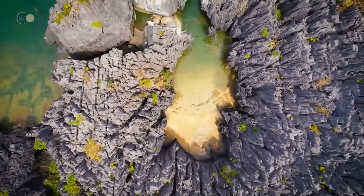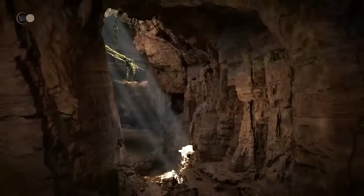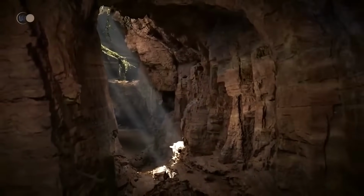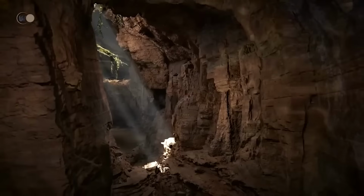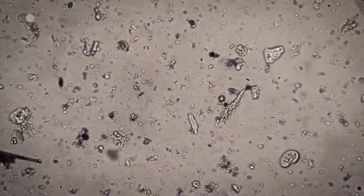The weathering of limestone can then be accelerated, leading to the formation of caves. Caves are underground voids of varying sizes. Microbial activity in the soil contributes to the production of carbon